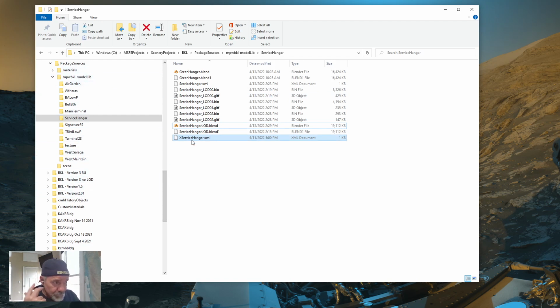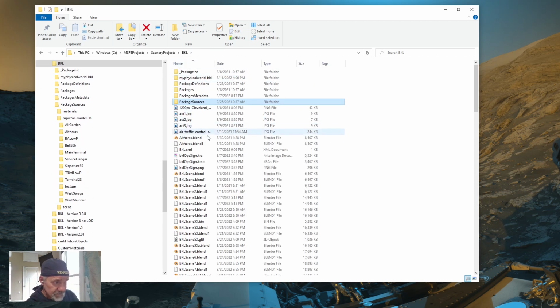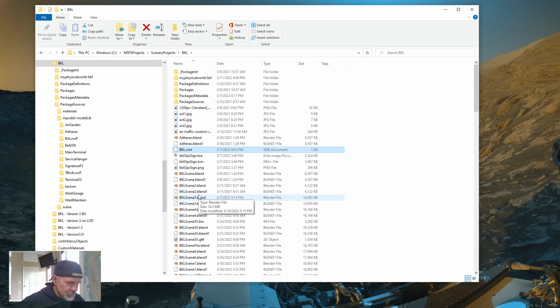and I'm going to go to the main folder for this project, BKL, and there's the BKL XML. That's the project XML. And now I have a whole bunch of stuff in this directory that I haven't cleaned out yet, but I will eventually. But I want to left click BKL XML,